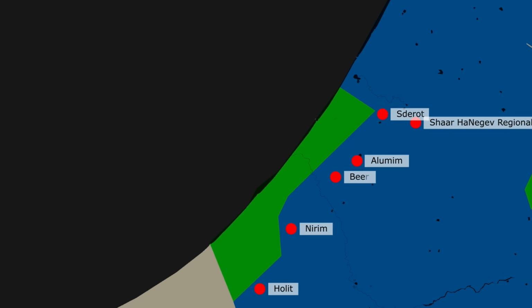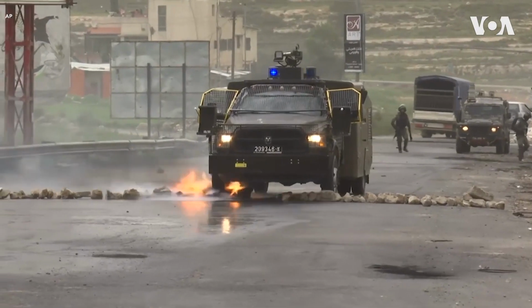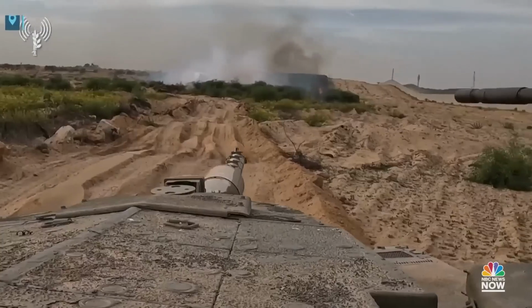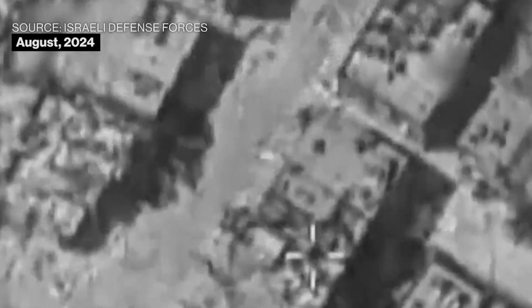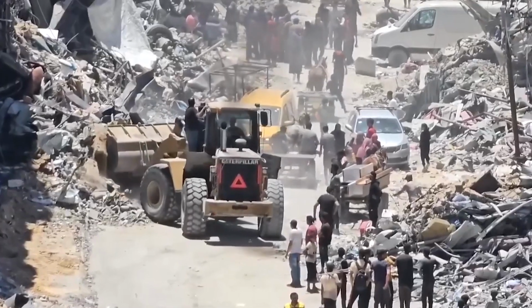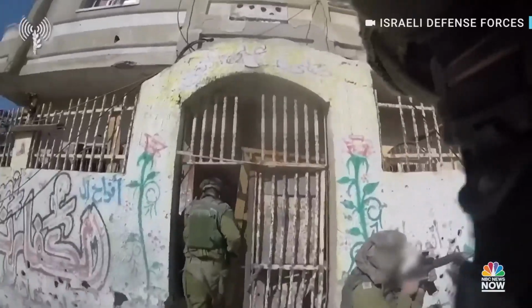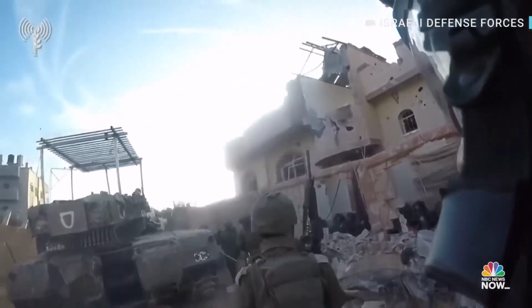Hamas's tactics included mass rocket barrages aimed at civilian areas, and reports of cross-border incursions added a new dimension to the conflict. Israel's response has been equally fierce, with extensive bombing campaigns targeting Hamas's infrastructure, but also resulting in significant civilian casualties. Israel also launched extensive ground operations following the Gaza bombings.